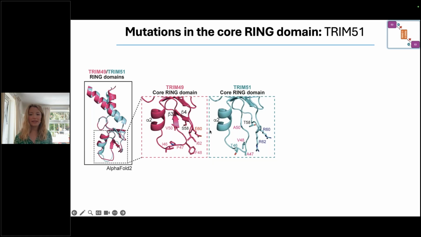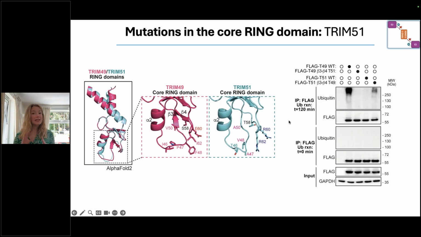These beta sheets aren't predicted with any confidence at all. And we also have a charge change here to these 2 arginines as well. So you can see it's quite different structurally there. And this results in changes in its ubiquitination capability. So TRIM49 we can see is nice and active, TRIM51 is not. And quite nicely, if we swap these 2 regions between these proteins, we can restore activity to some extent for TRIM51 as well. So really pinning it down to this lack of activity due to this kind of